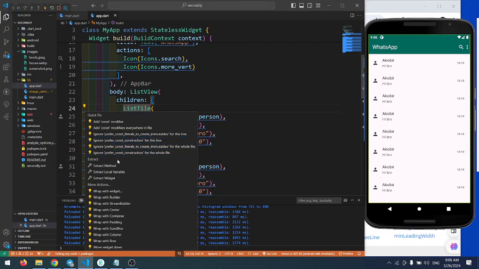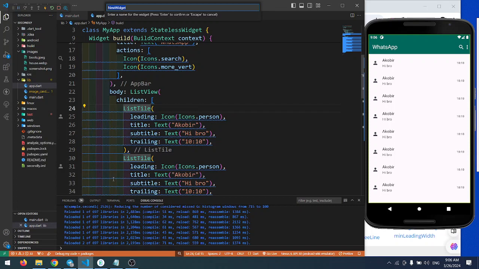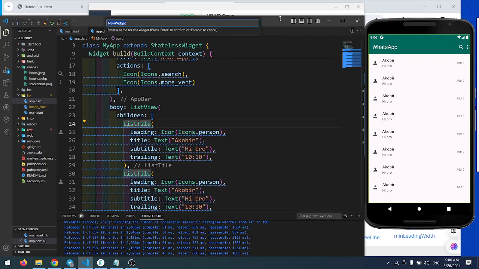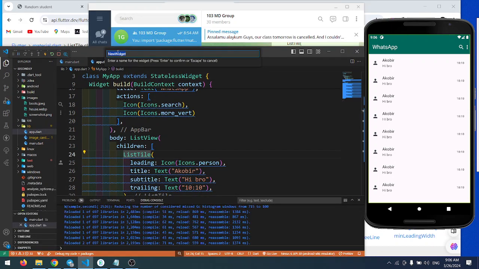Did you click Extract Widget? On the top of your VS Code, you are asked to give a name. They are asking you to give a name to your widget here. Give any name you like, but make sure it's a capital letter name because it's a class. So I'm gonna name it